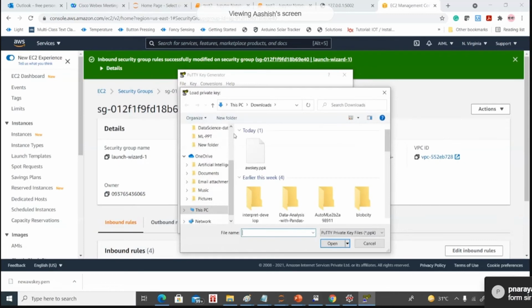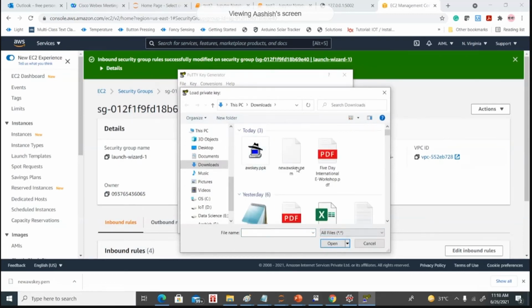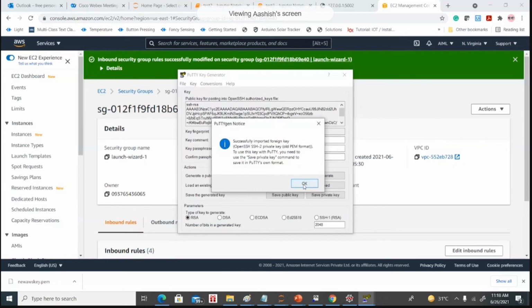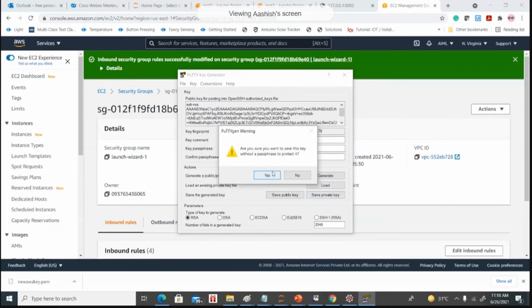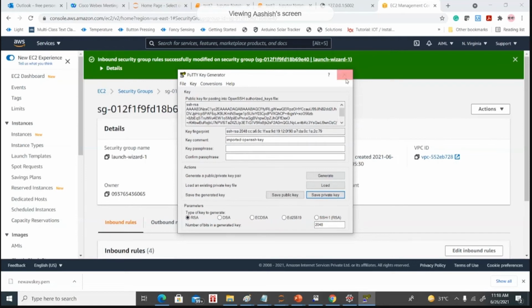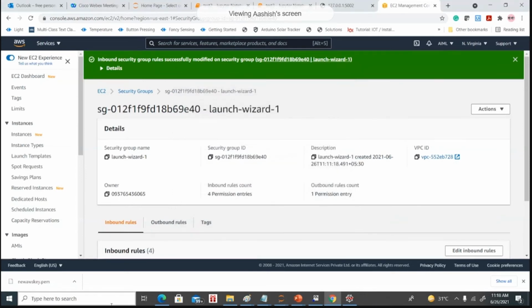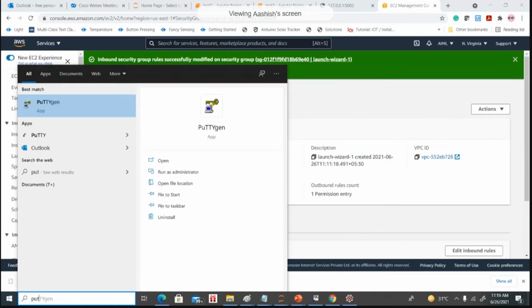I think we need to generate our key again. Let's use PuTTYgen, load the key again, and save this private key. You can give it the name new key and save it.